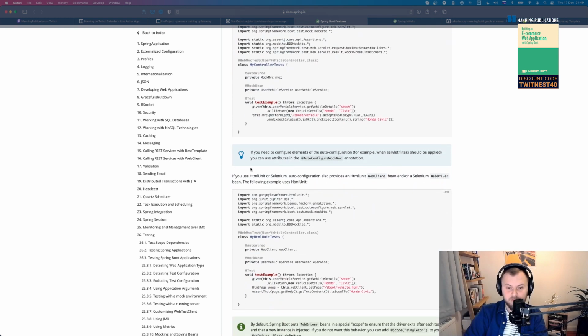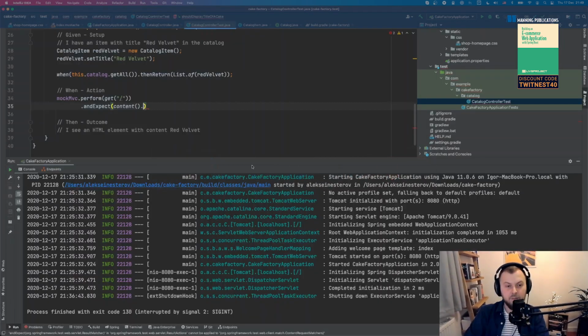You can find different examples of using HTML units, Selenium, auto configuration. So all of this is in the documentation, and you can find the links in the course itself. I'm not jumping back and forth just because I've seen it thousands of times already, so I just know it. But feel free, before you get into writing tests, to pause and think about it, read about it, learn about it, and then try to write the test.